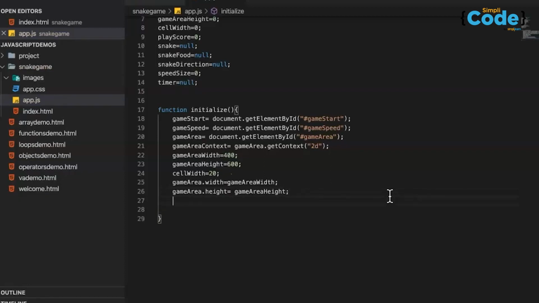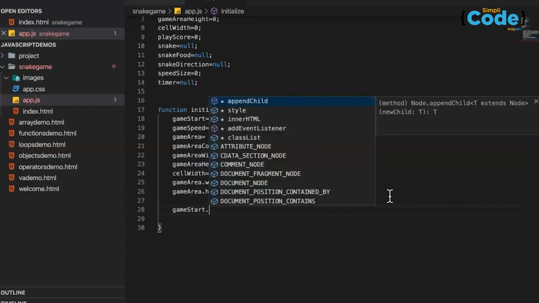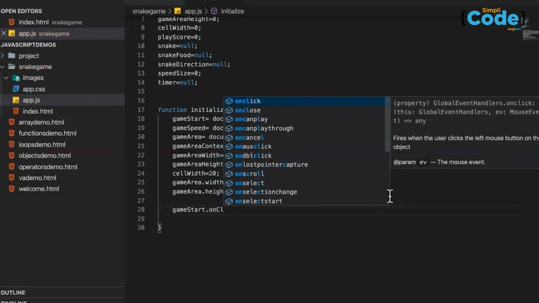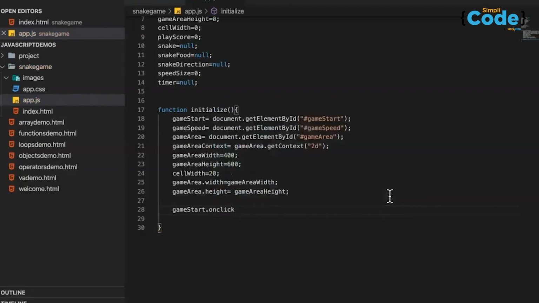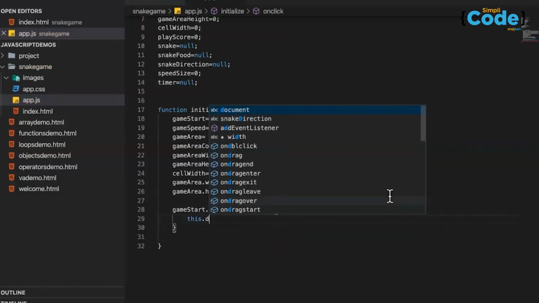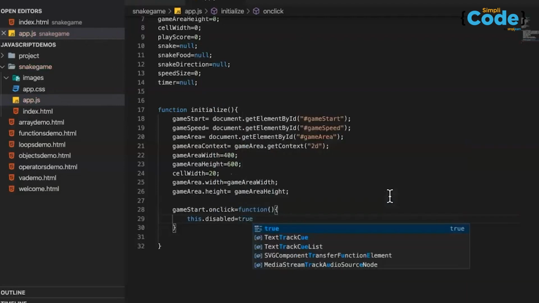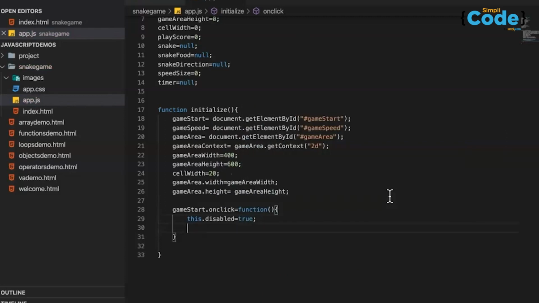Okay, now after that we have to start writing the logic. Here I'm saying gameStart dot. Now we have to decide which event you would like to take. So I will say onclick. So when I basically click, what should happen? So onclick equal to function. So what do you want to write here? I'm saying this.disabled equal to true. So I want to disable these values,